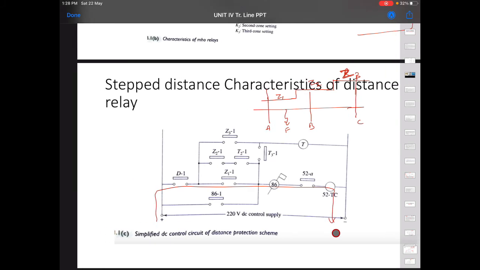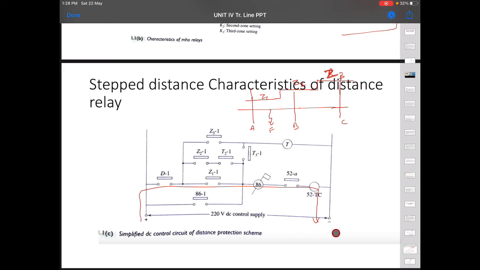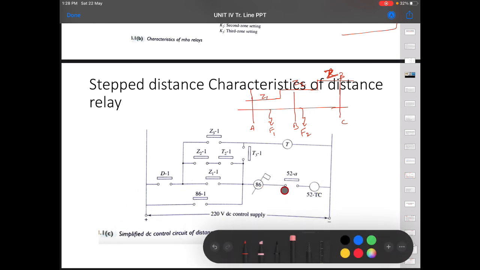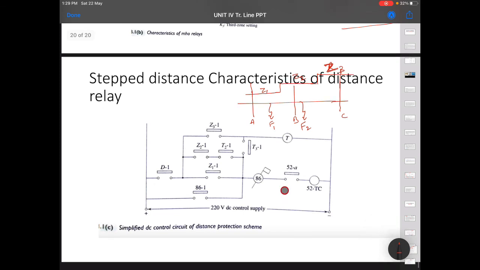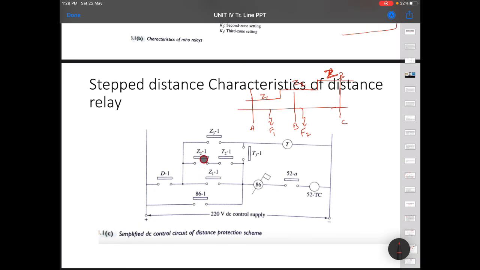Now for zone 2, if there is a fault in zone 2, suppose here or here also, this is fault 1 for zone 2, this is fault 2 for zone 2, fault 1 for zone 1, fault 2 for zone 2. Now how will the circuit be? This should operate.